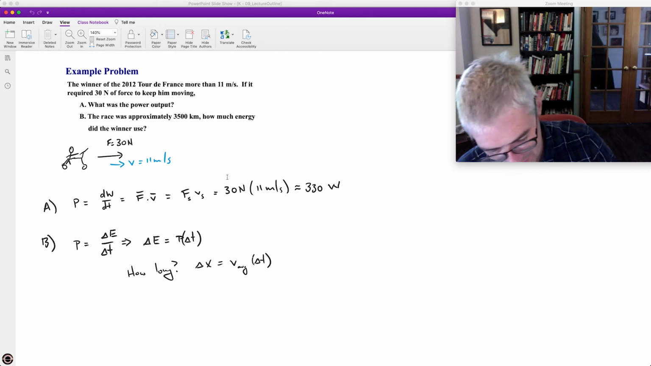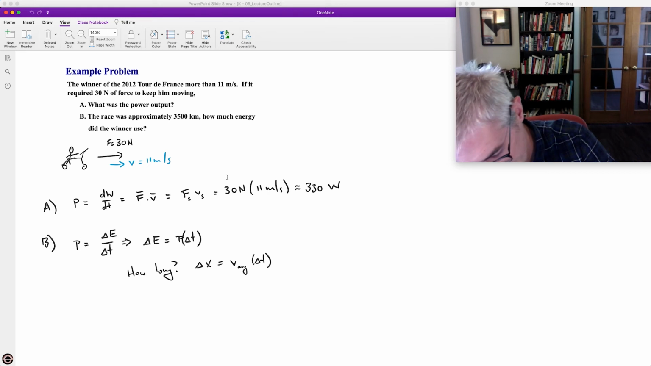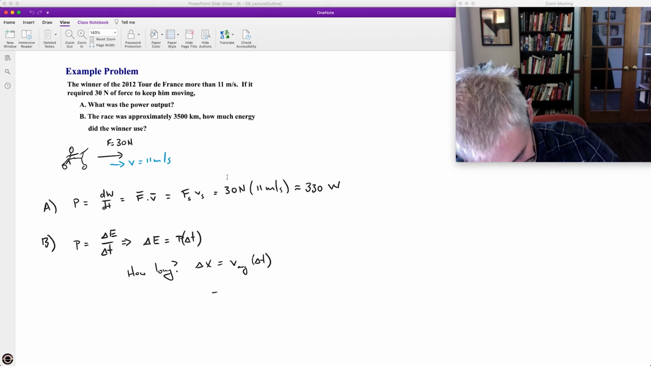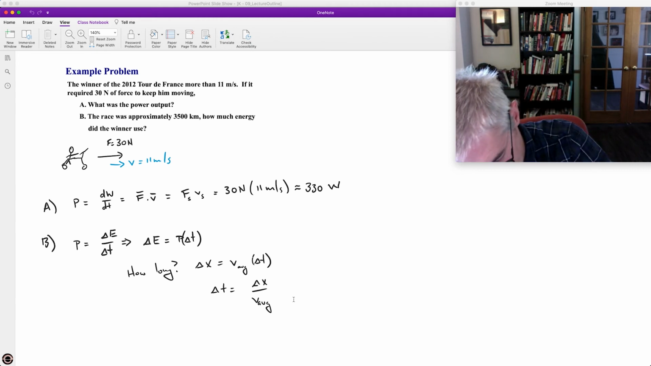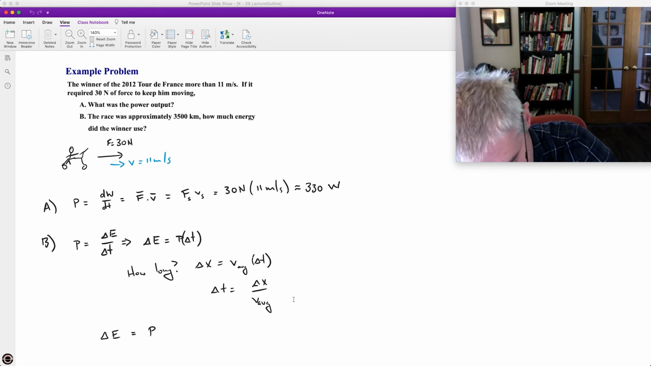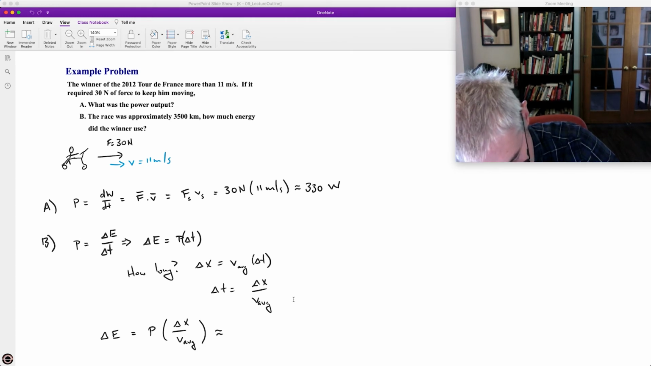Delta x is equal to the average speed times delta t, or delta t is equal to delta x over v average, right? 3,500 kilometers divided by 11 meters per second. So the total energy, how much has to be used, is equal to the power, 330 watts, times the distance divided by the average speed, which is equal to 330 watts times